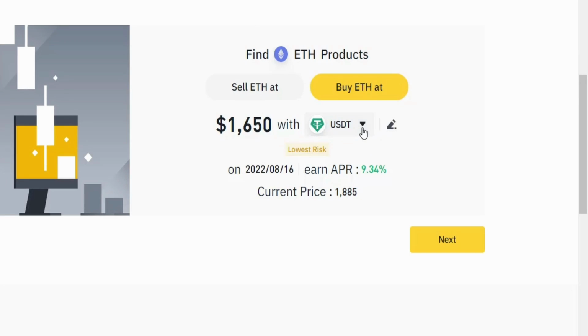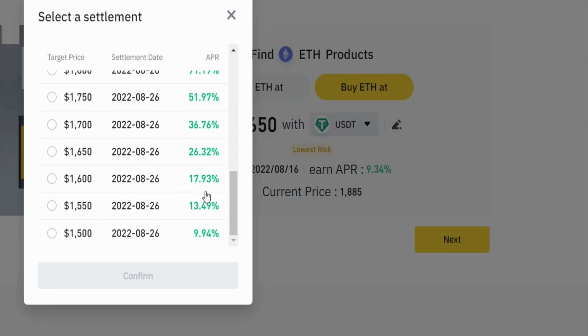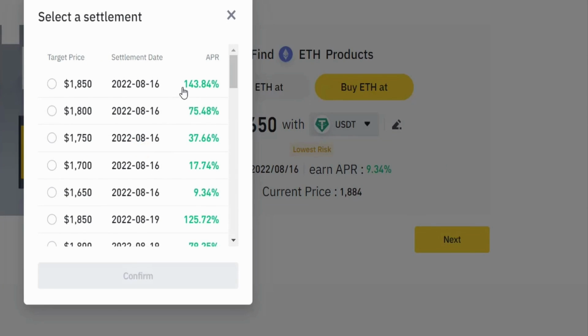So this is how it works. You can use either BUSD or USDT for that. So that is how to use. You can also increase the percentage, guys, according to the risks. You can scroll down, you can see different percentage. You can go up to